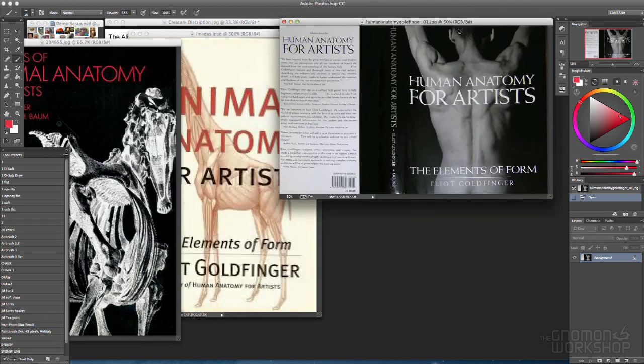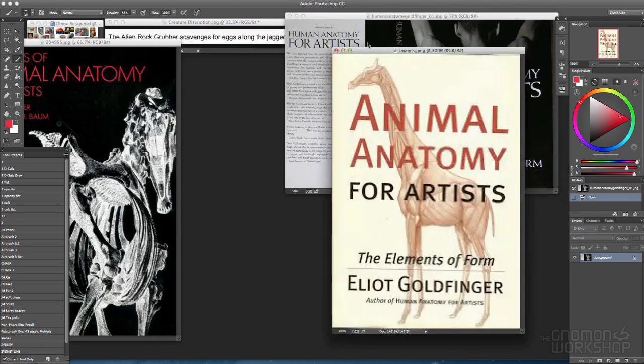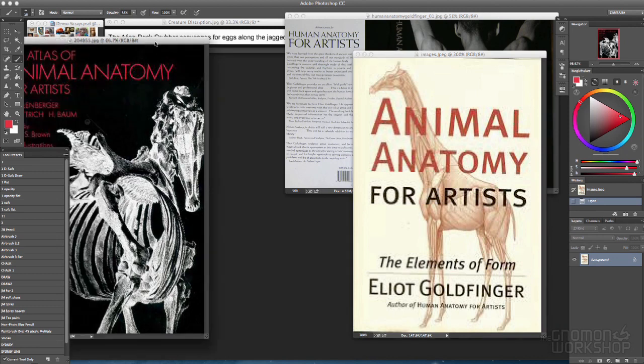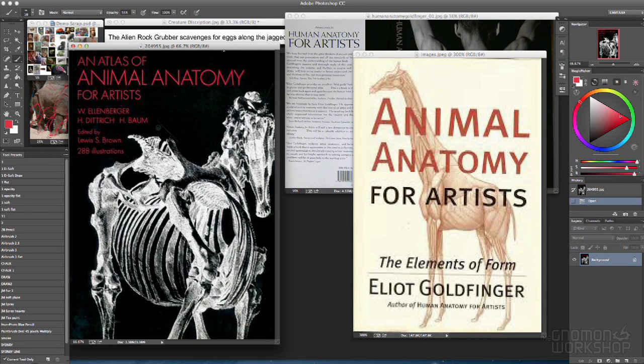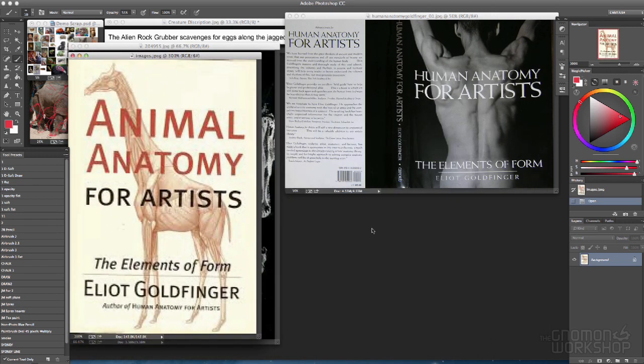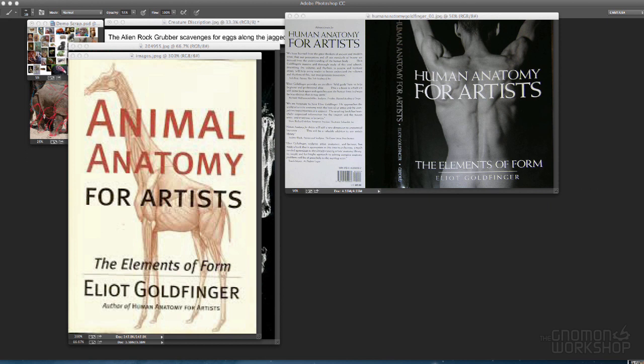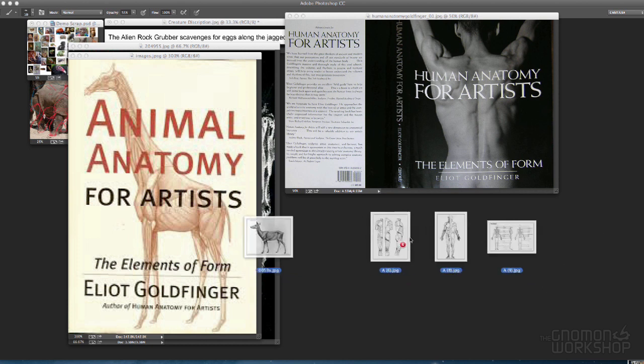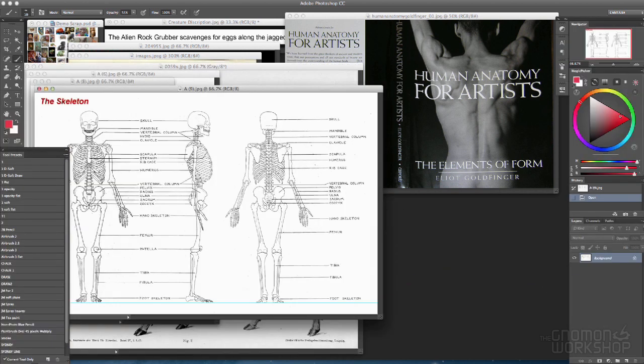As creature designers, we have to think of our creatures from the inside out, and these books are incredible reference. Now, the reason why I stress these books and not others is because these books accurately depict anatomy. There are a lot of anatomy books out there, but I feel that this is as accurate as it gets